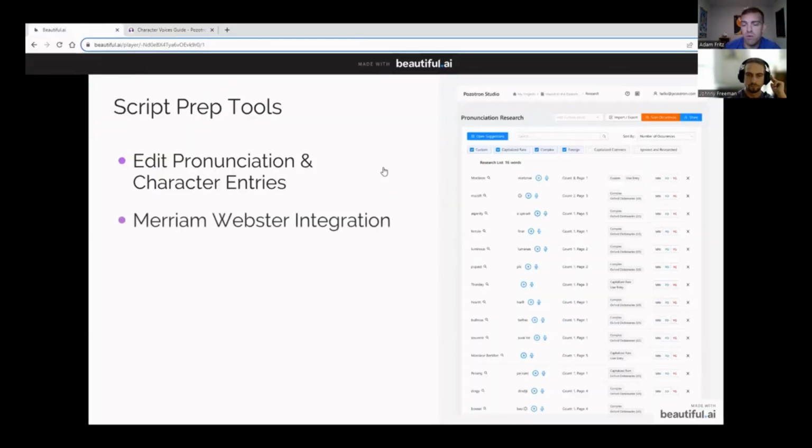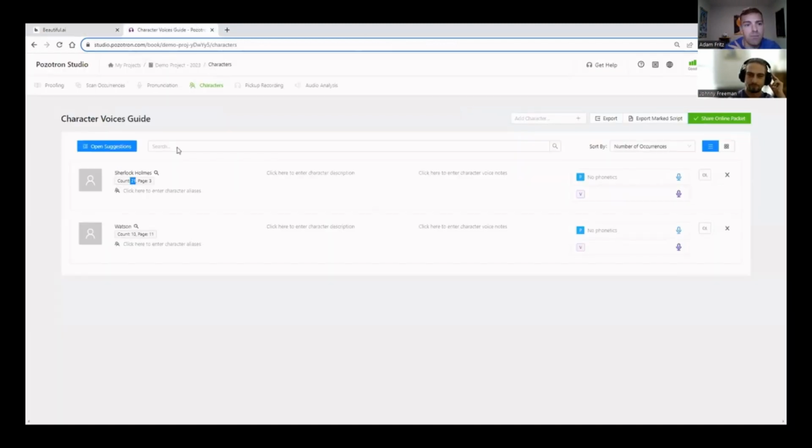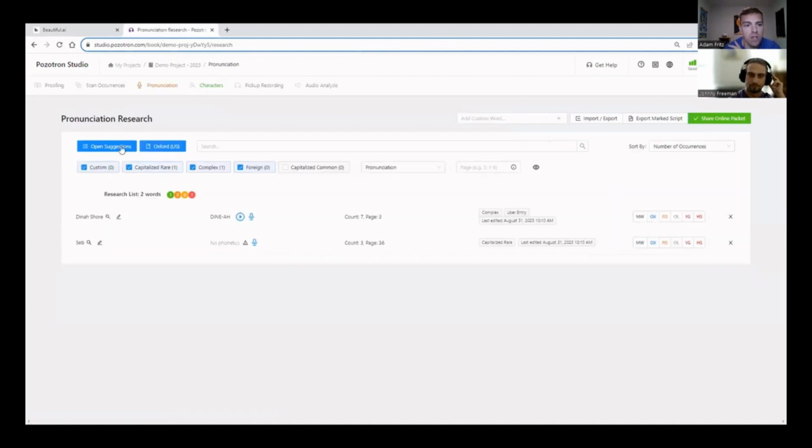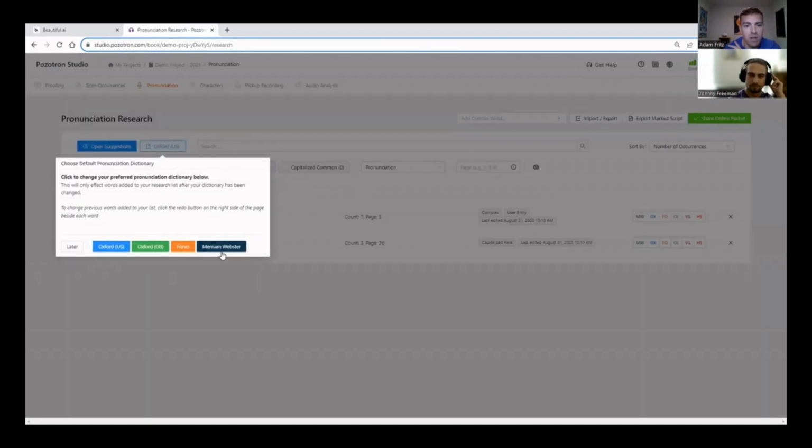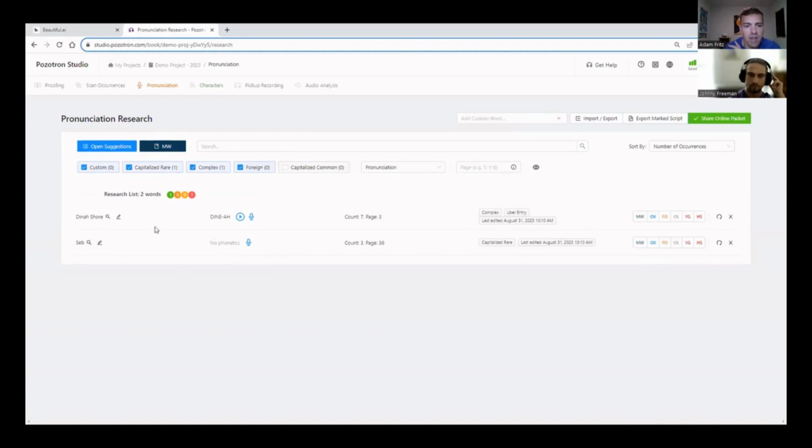And Johnny, feel free to jump in if you have any changes to add. This is one that people are very excited about. We have finally integrated with Merriam-Webster's API. So when you're in the pronunciation page, you can click on Oxford, you can click on Merriam-Webster, and then now